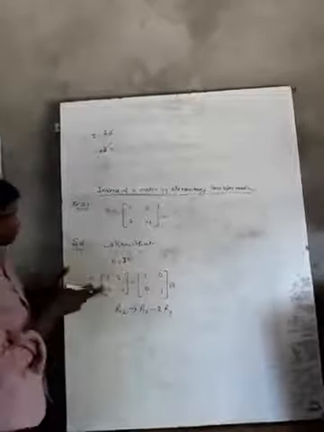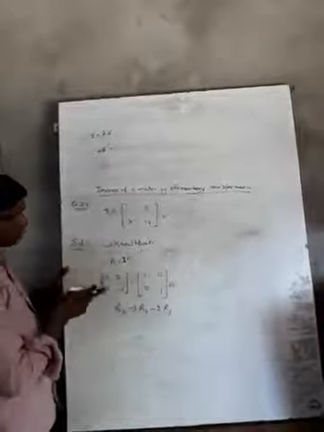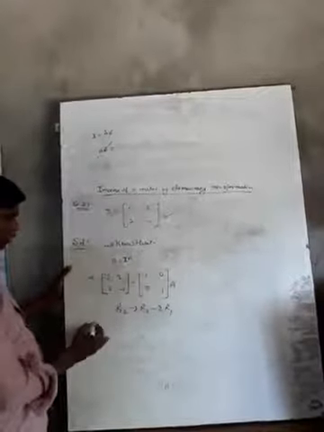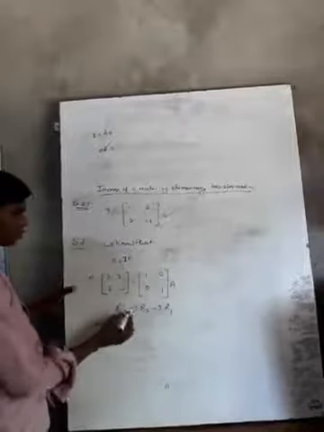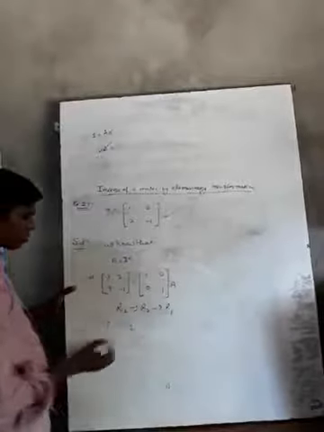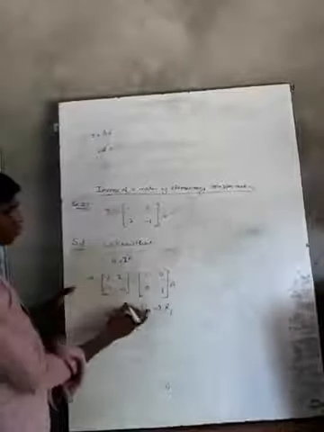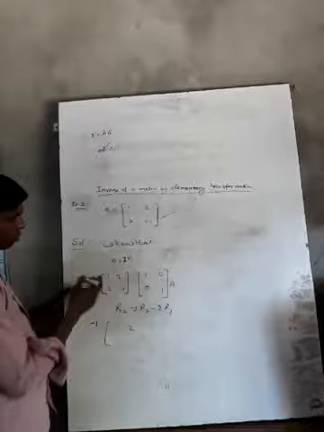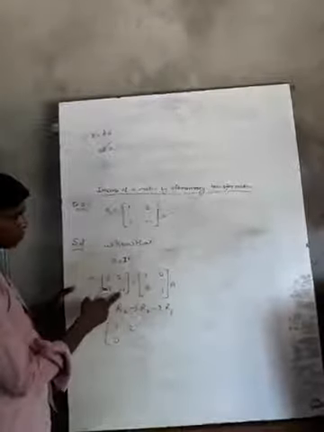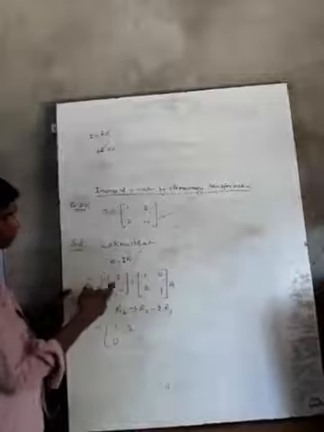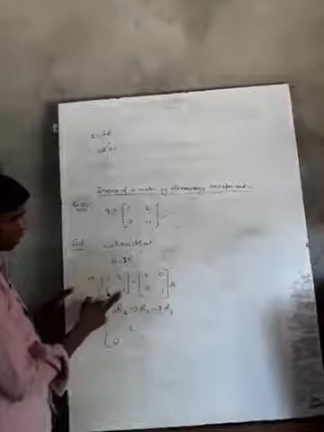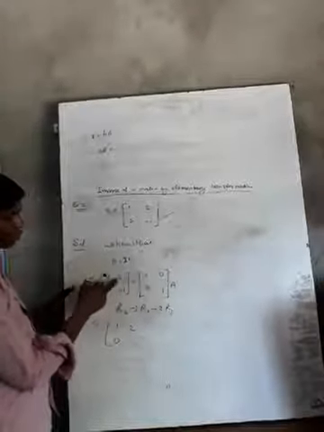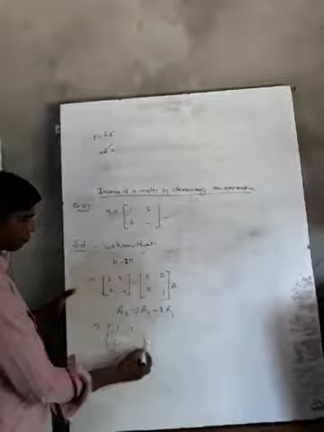The 2, we will subtract 2 into R1 from it, then we will get the 0. So it can be written as R2, where R1 will be the same, 1 2. Now R2 minus 2R1. So 2 minus 2 we will get here 0. Minus 2 and then minus 4. Minus 1 and then 4 minus 4. It will be minus 5.